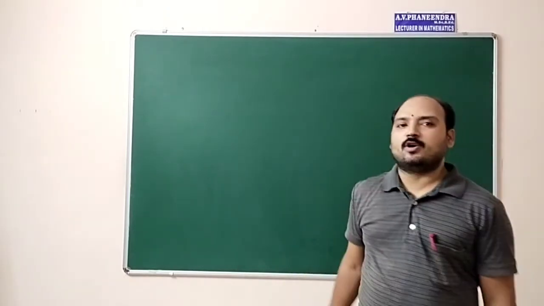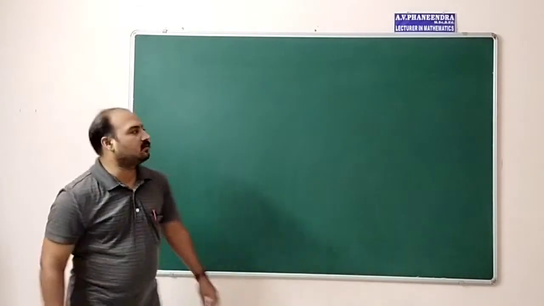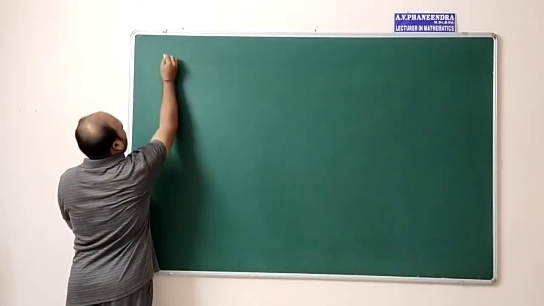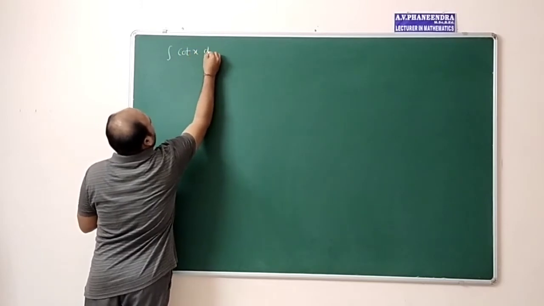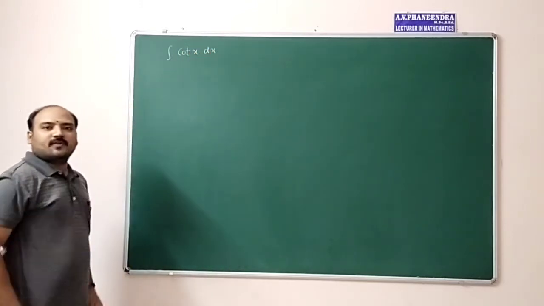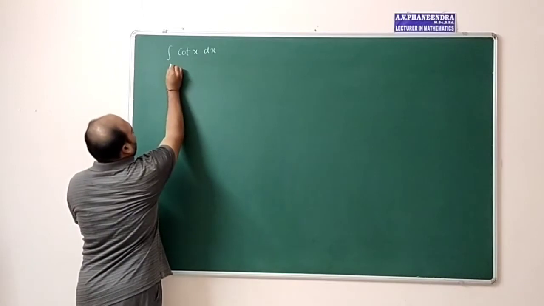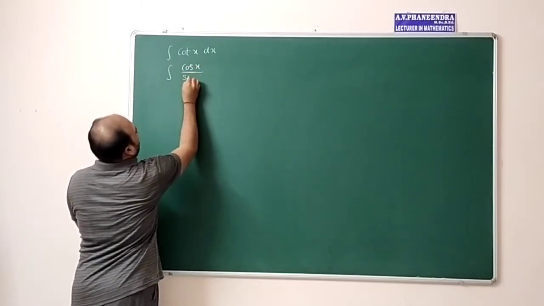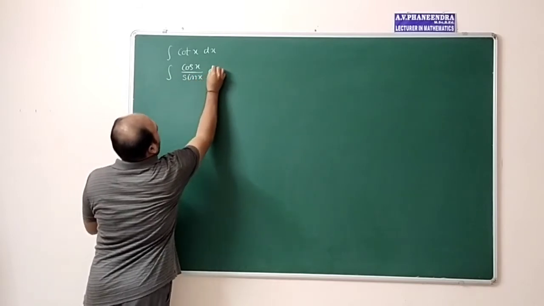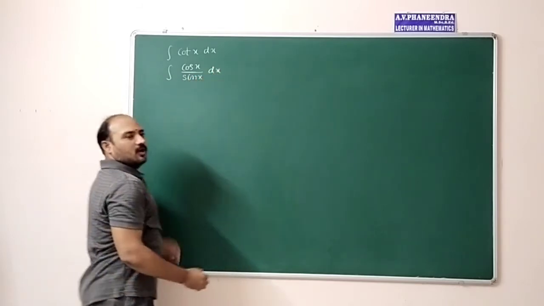We'll see the next example for this same type of formula. Evaluate integral cot x dx. First of all, cot x can be written as integral cos x by sin x dx. After that,